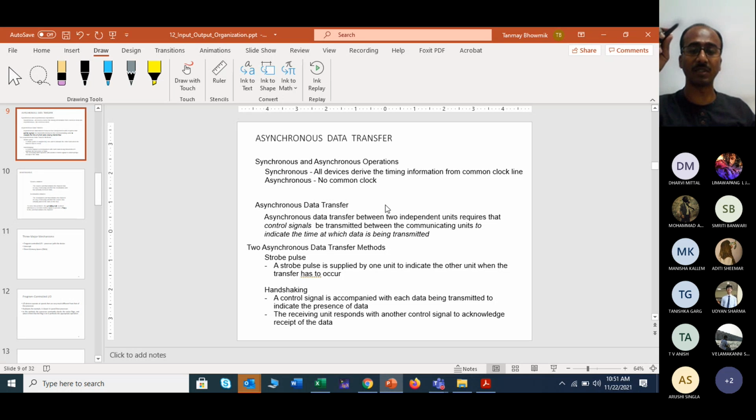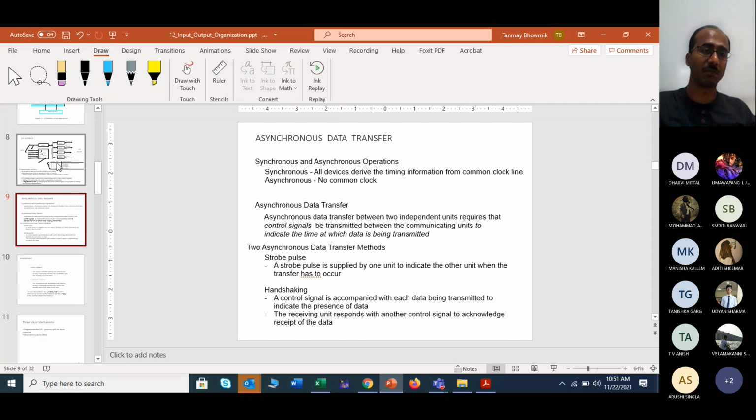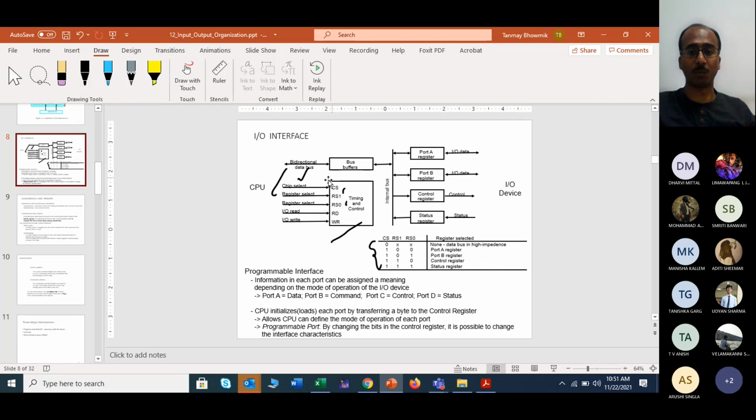Maybe in case of asynchronous and synchronous data transfer, we give one option, just like when your different components are using different clock pulses, right? In that case, how will you manage them? So that is also one option. Then we may give the same clock pulse and ask whether it is an asynchronous or synchronous mode of transfer. According to you, what is the correct answer? So this type of short question will be there, and one numerical problem I will also upload on LMS based on this. So you will get one numerical problem, expected based on this.